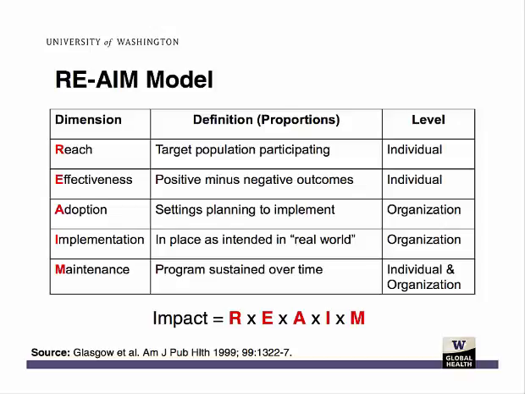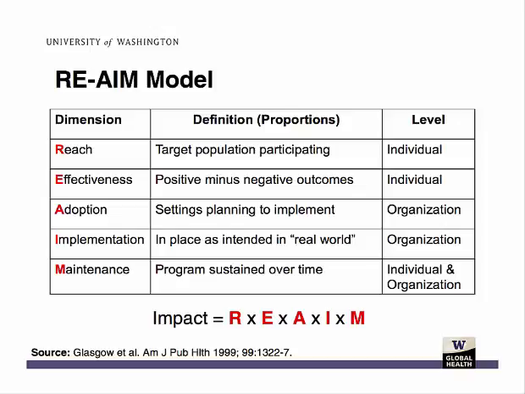And according to Russ Glasgow, who developed the RE-AIM model, reach refers to the target population that is participating in the health intervention as an individual level measure. So you can consider antiretroviral therapy. Target population are those that you are targeting as being stakeholders or eligible for HIV prevention or care and treatment efforts. Effectiveness is also an individual level measure, which refers to how effective is an intervention. Even in the best case scenario, interventions are not generally 100% effective.